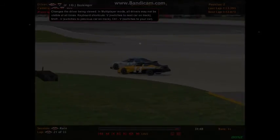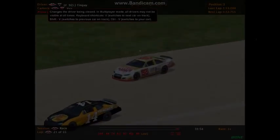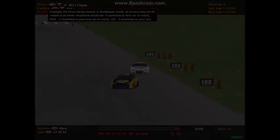And I'm looking at the 14 car. What's the 14 going to do here with Roman Rahal? That's a very aggressive move, and the 14's going to lose a ton of time that way. Here comes Finguy. Maybe going to try and make the outside work, but I don't think it's going to. But Finguy is right now on the back bumper of Baskinger here, as they're trying to chase down the rookie Ohioan in the lead of this race, as I think the fans, despite this very heavy rainfall, which is starting to subside a little bit,